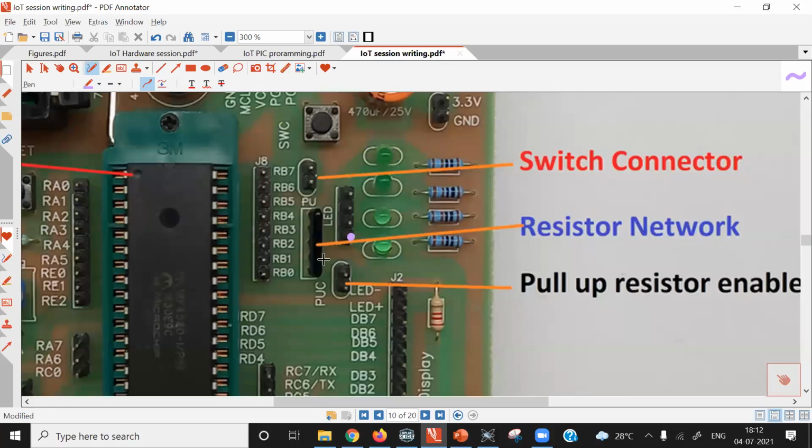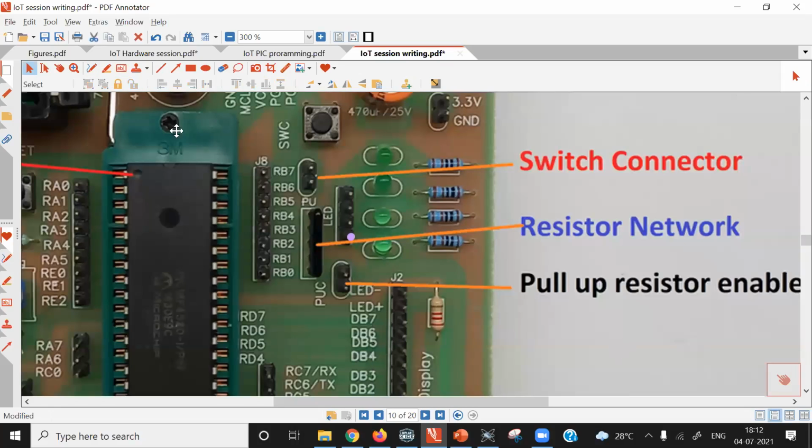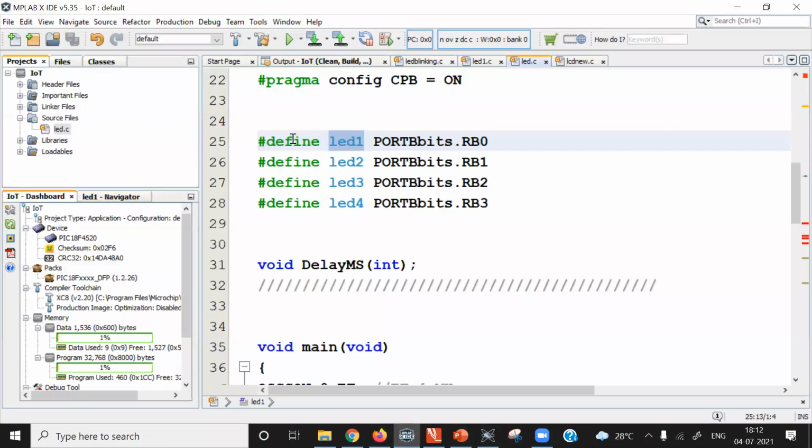So like this, this pin is connected here with the help of jumper wire. The first pin is connected to RB0. The second pin is connected here. The third pin is connected to RB2 and the fourth pin is connected to RB3 like this. In this program, I have given the name LED1 to the first port pin RB0.